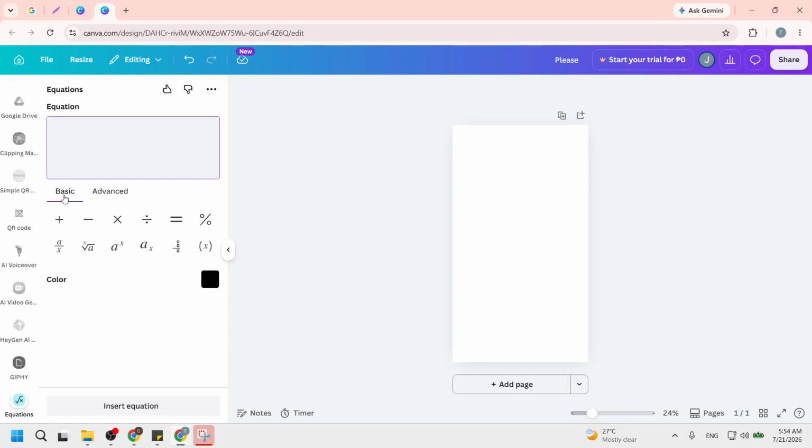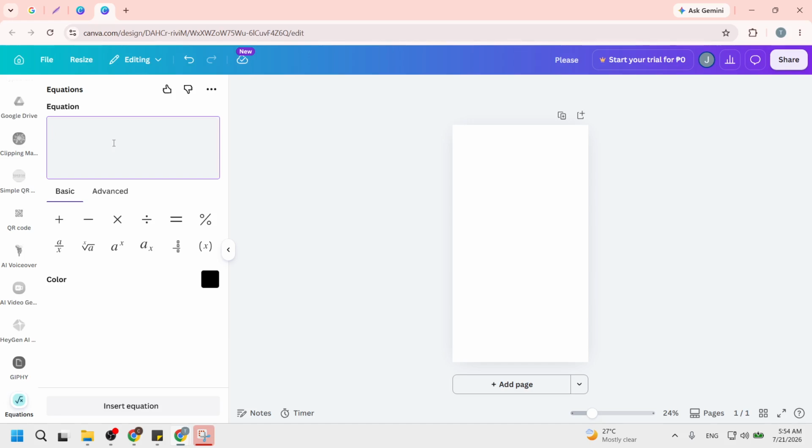At this point, choose a symbol category like basic math, fractions, calculus, matrix, or algebra to find the layout you need. Each category contains a variety of symbols and templates that cater to different mathematical needs. Selecting the right category is key because it will determine the kind of equations you can create. Take your time to explore these options to find the best fit for your project.